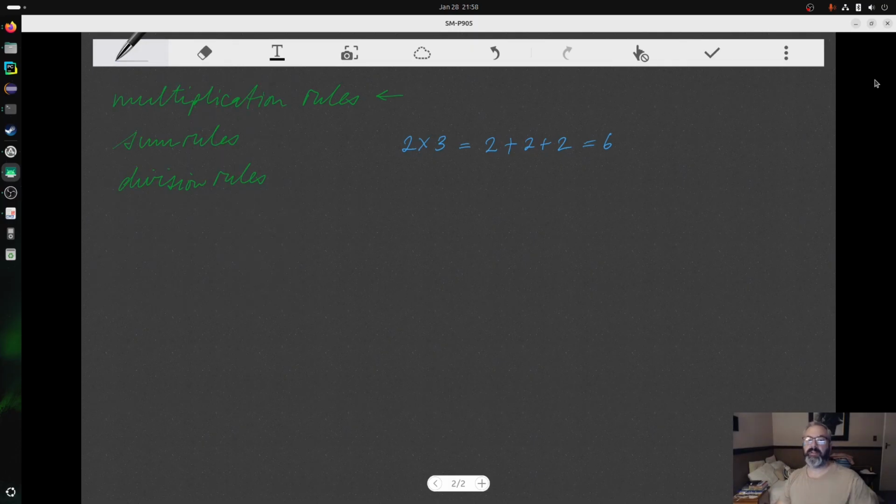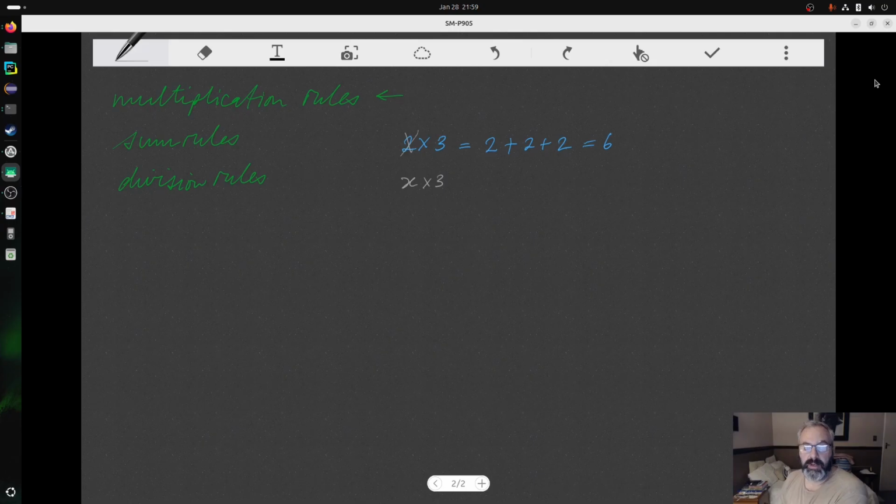Now let's say that I've got a mathematical calculation, and I don't know what one of the values is. One of the values is unknown to me. To be able to do my calculation, I'm going to use a placeholder. I'm going to use a variable to indicate this unknown number. Let's say I don't know that the 2 should have been a 2. So what I do is I now have x times 3, x being this unknown variable, the number that I don't know yet, but I'm using a placeholder for.